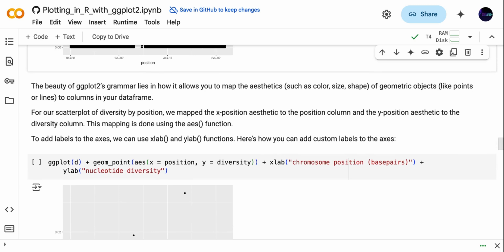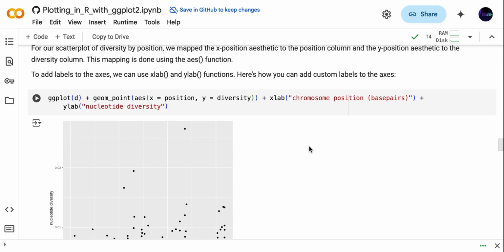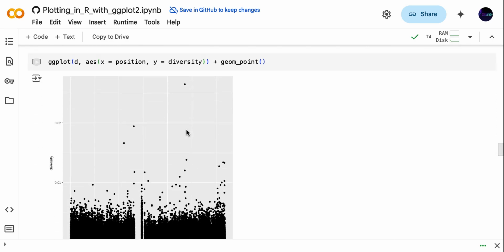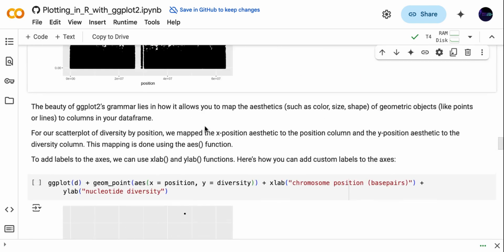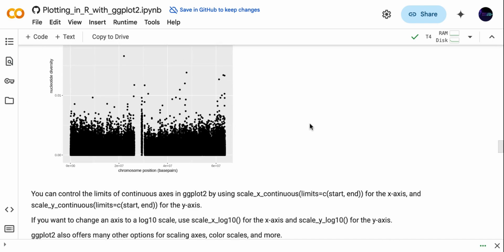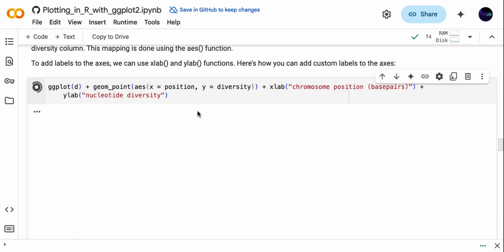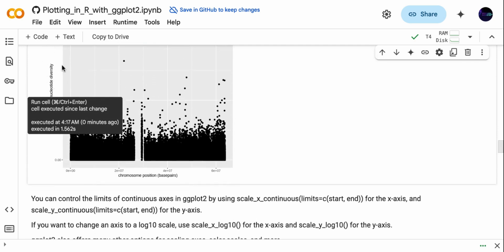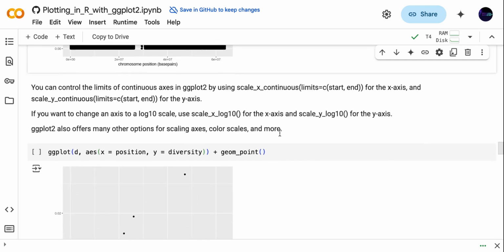So if you want to add beauty to the plot, you can use different functions. So here you can use different types of functions to add beauty to the plot. Here we are adding the labels, chromosome position, here you can see, and then nucleotide diversity on the y-axis. Then here what we are doing,